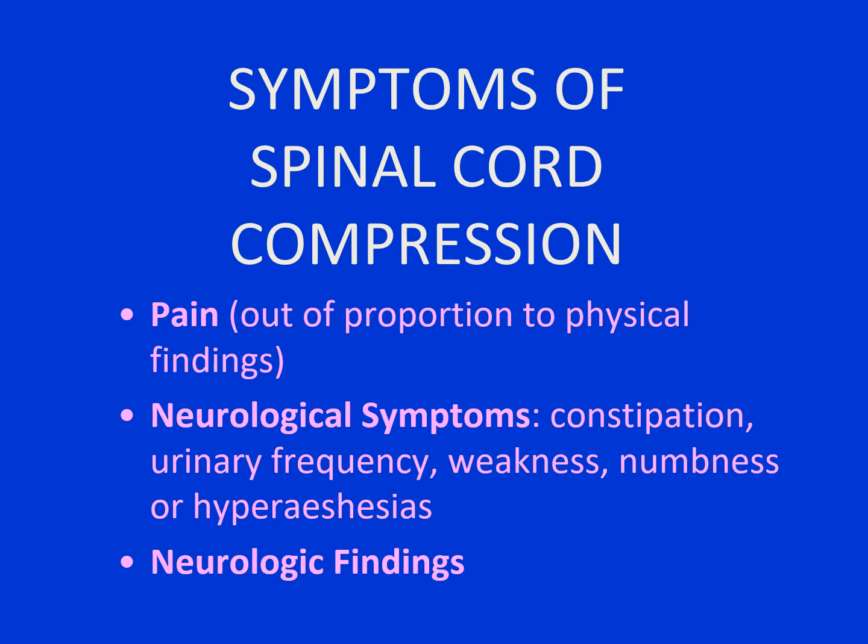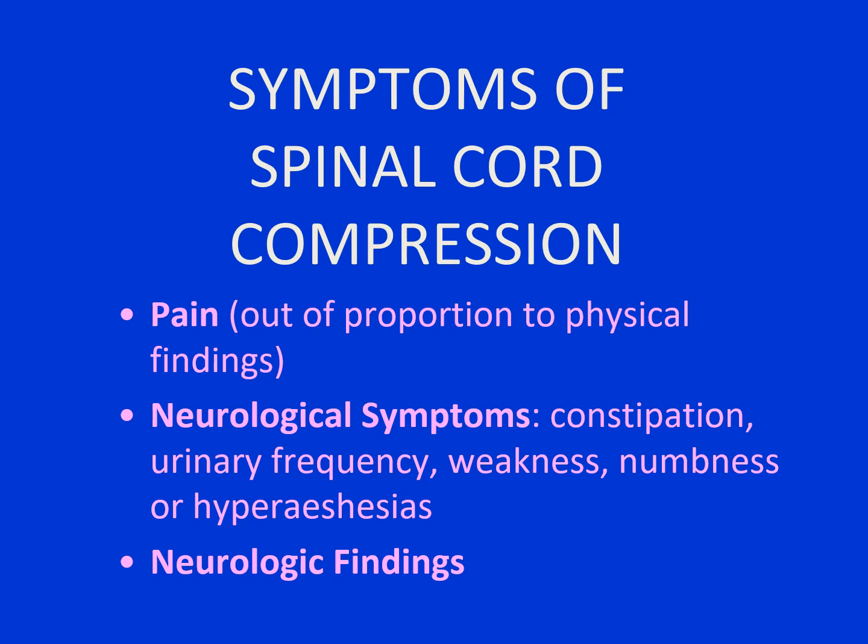Symptoms of spinal cord compression are pain, pain, and pain. It's usually pain completely out of proportion to the physical findings. The patient comes in, they have no physical findings at all, and they just have terrible, terrible back pain. The neurologic symptoms that are oftentimes seen are constipation, urinary frequency, weakness, numbness, or hyperesthesias. The urinary frequency is due to urinary overflow from an atonic bladder, and the patient usually comes in saying, I have a bird bladder, doctor, every 15 minutes I'm leaking urine.